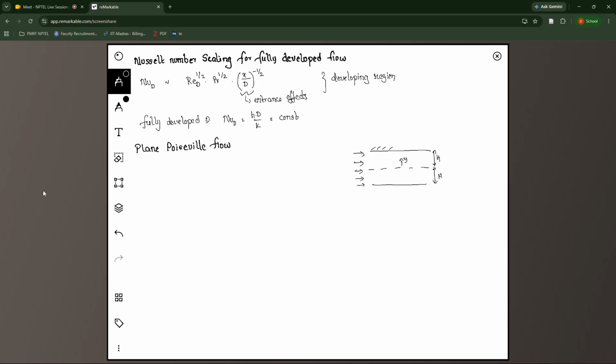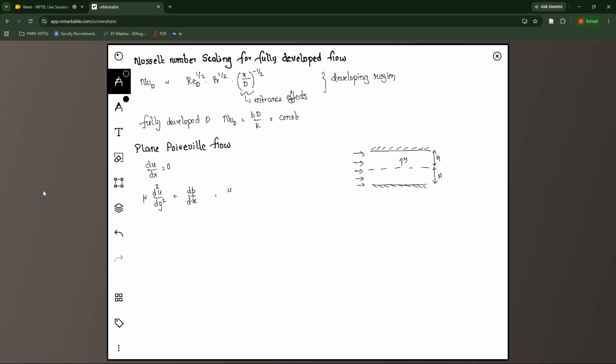So the problem now that we are trying to solve is what is the velocity profile in this region. We already know for the fully developed flow, the velocity should not change beyond a point. So we can apply the condition du/dx is 0. And from this we can write the governing equation. The Navier-Stokes equation reduces to, we do not have any inertia terms because v is 0, and then we also have u du/dx equals 0. So the only terms that are left are the viscosity term, which is balanced by the pressure term,